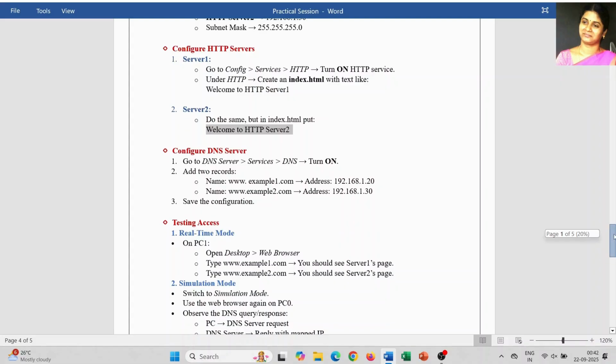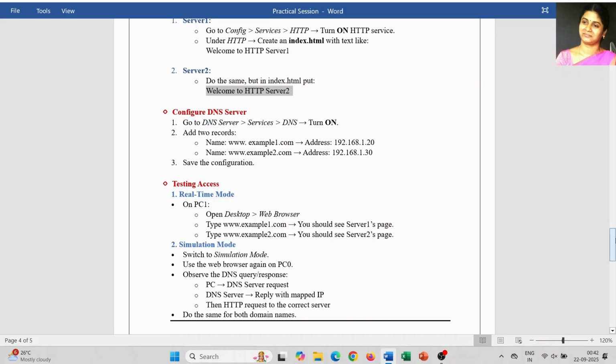And coming to the configuration of the DNS server, this is the important part of today's session. Go to the DNS server, click on it, select Services, and from the services choose DNS. Make sure that the DNS server is on, and you are going to add 2